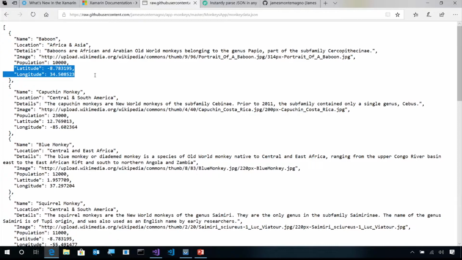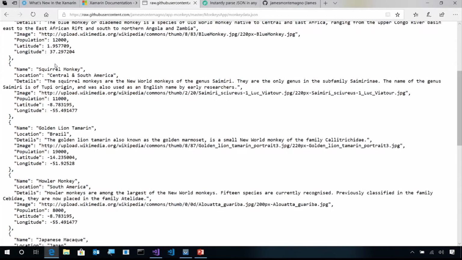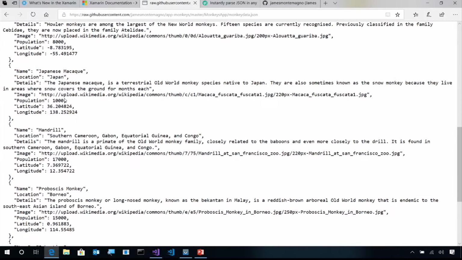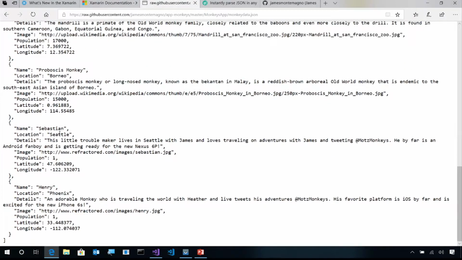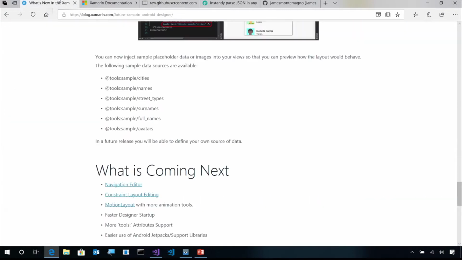So automatically, based on where each of these monkeys are, maybe the mandrill, maybe our friends Henry and Sebastian, one that lives in Seattle and one in Phoenix, they each have their own geolocation here and population sizes. So it'd be great if we could get the device geolocation, but also automatically find the closest one to us. So when I come over to